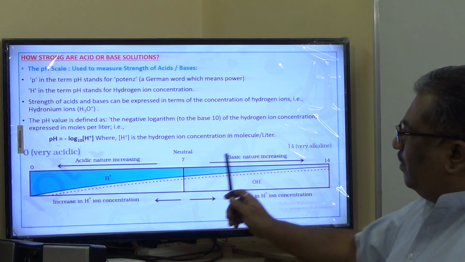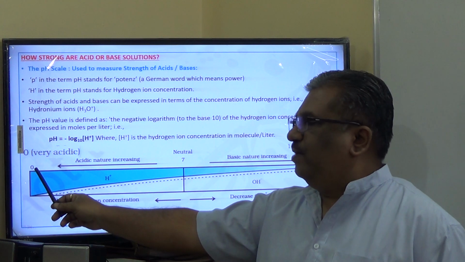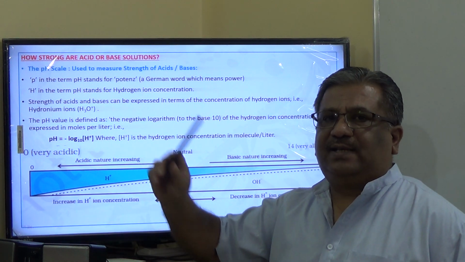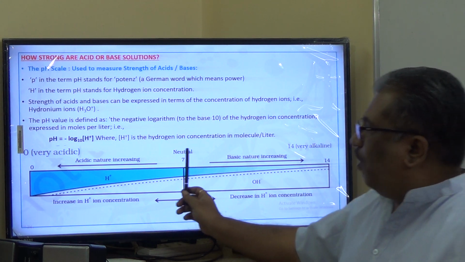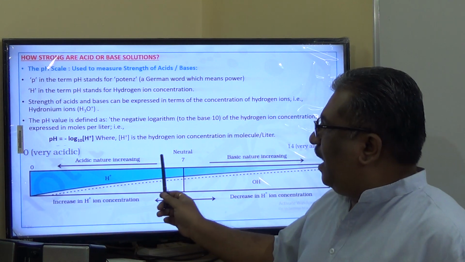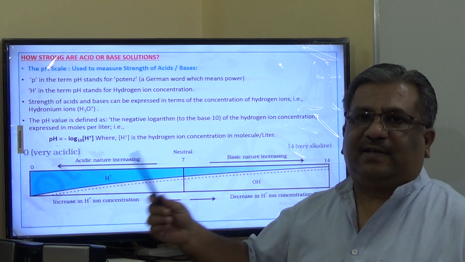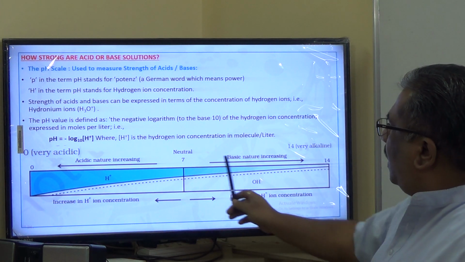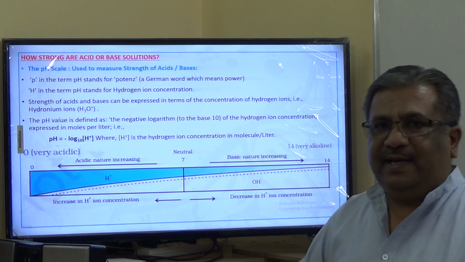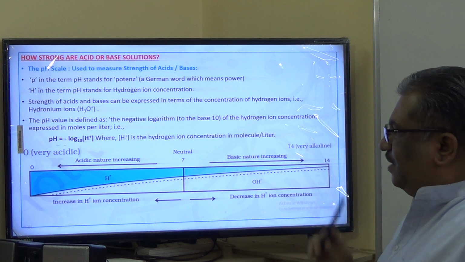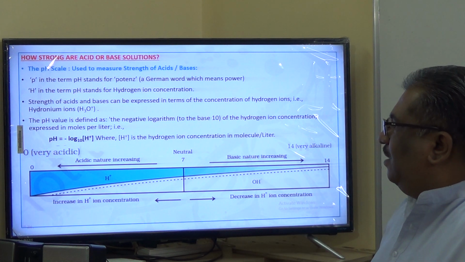Once again, for your information, the pH values I am taking now. pH value is 0, highly acidic, 7 neutral, 14 highly basic. Smaller the pH number, acidic nature increases, or acidity increases. Bigger the number, above 7, basicity increases, alkaline nature increases or basic nature increases. So this is all about the pH scale, and